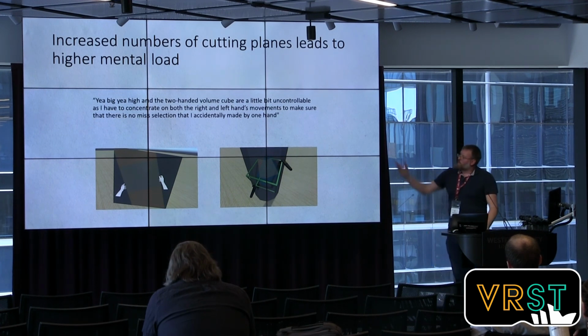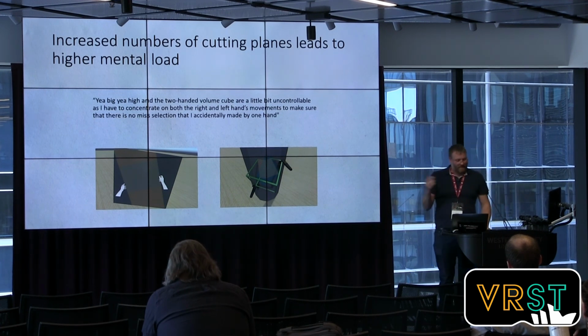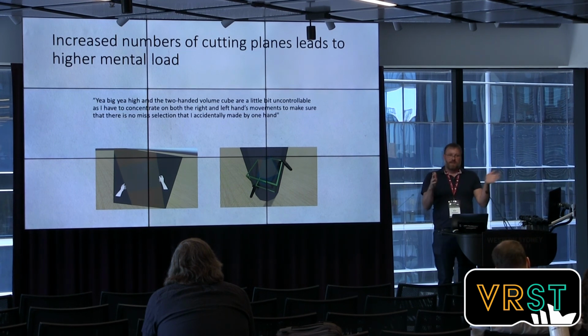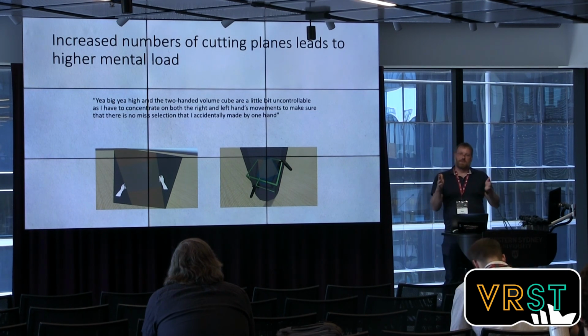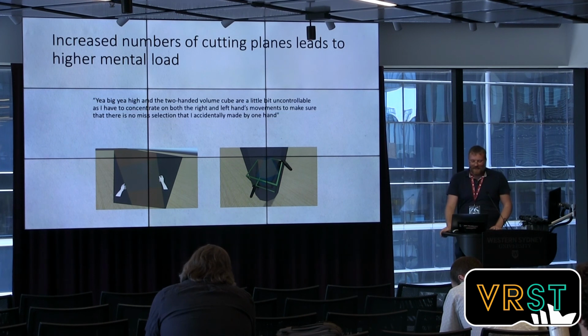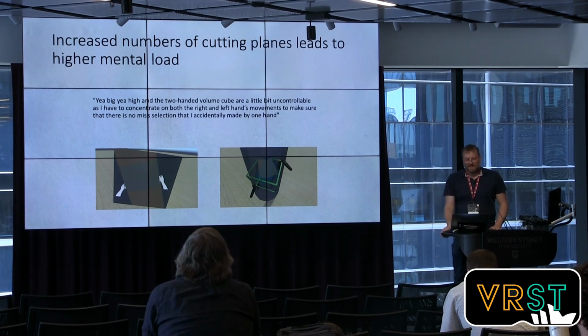Right? And so what we found here is that for Yea Big Yea High, occasionally participants would be focusing on, let's say, their right hand and make a selection, but their left hand was within the region of interest, the target that they were trying to select, and so it actually cut part of it away, and they'd have to undo the operation and try again. And that became even more extreme with volume cube,